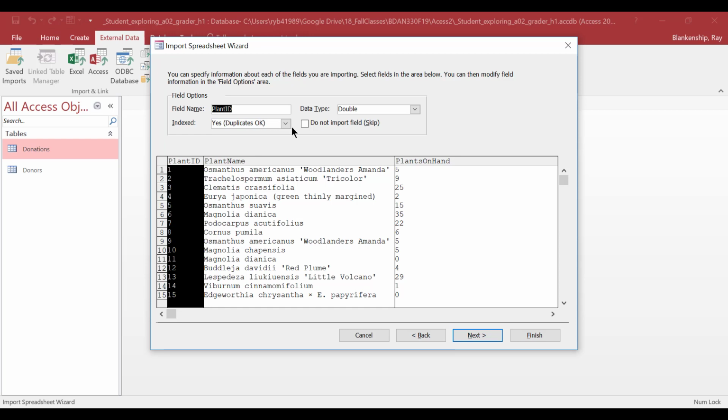That's not what we want. If we're going to have plant ID as a primary key, it can never have duplicates, so we don't want to allow that. And this will again enforce the integrity of our database so that doesn't happen. We'll click next,